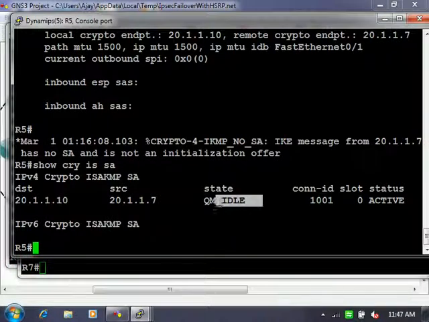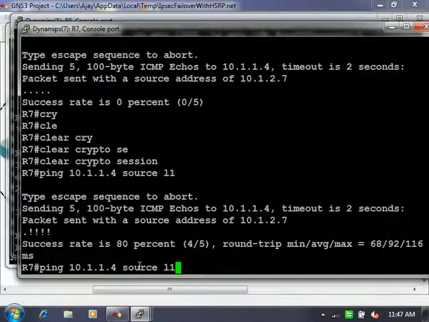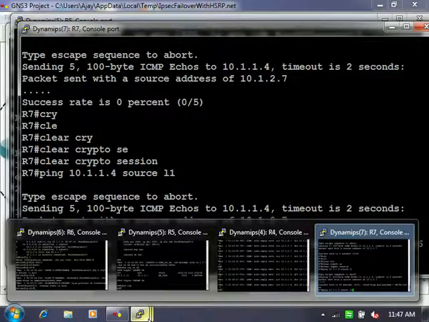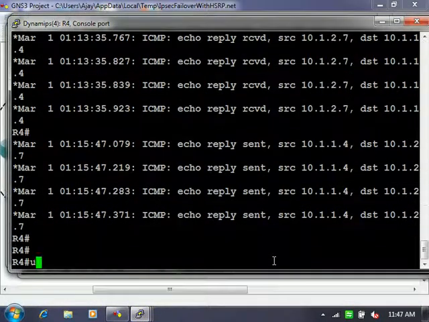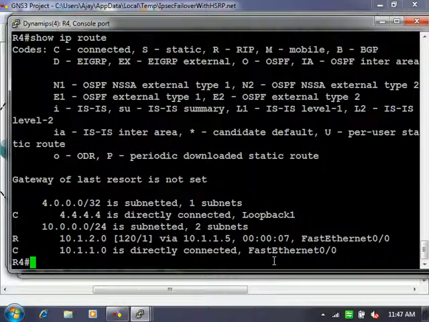Let's go to R4 and check the routing table. See, in order to reach 10.1.2.0, now who is advertising? It takes some time to set the next hop address as the active one, but if you want it immediate, you can configure HSRP on both sides. It will be immediate. In HSRP, you can decrease the time interval, so failover will be much faster.